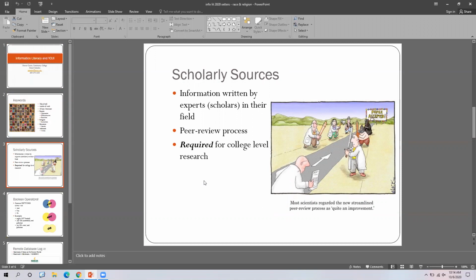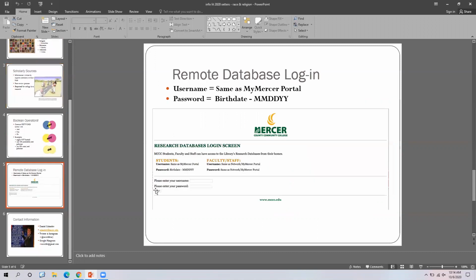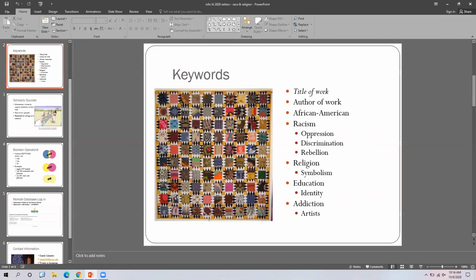Okay. Again, you would go ahead and click on ebooks. I'll show you that in a second. And again, you're going to log in since it's just like a database. So once again, a reminder: to log in, your username is the My Mercer portal name, first name dot last name, and then your date of birth as your password. All right, great. Let's show you guys where those electronic books are. Put the keywords back up.